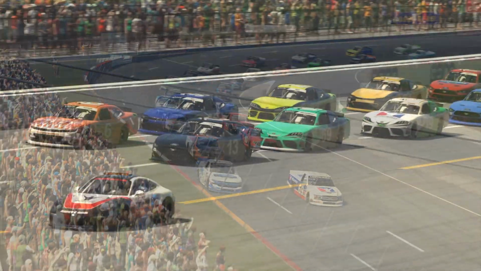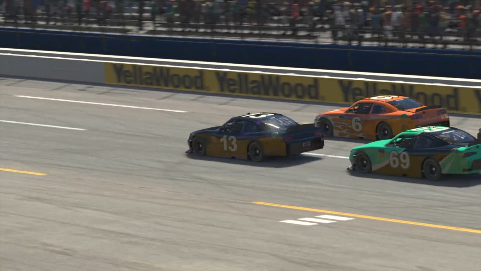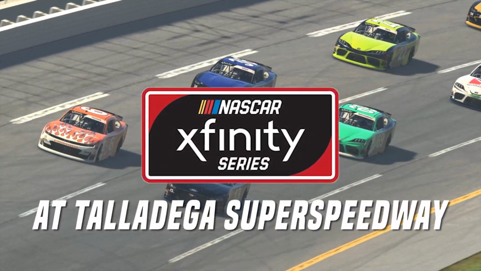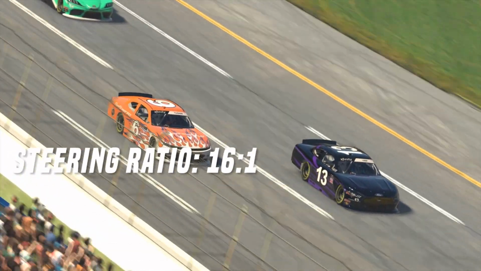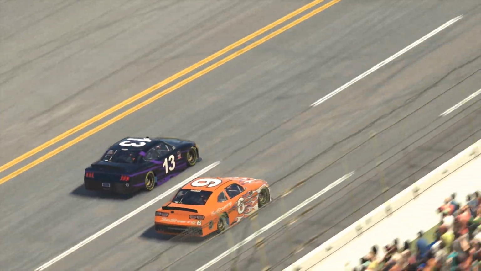Good luck. B-Fixed goes super speedway racing for the second week in a row. Now it's at Talladega. This one is 30 laps in length and is run at 2:30 p.m. in sim. For this qualifying run, I used a 16-to-1 steering ratio, don't need to worry about brakes, and